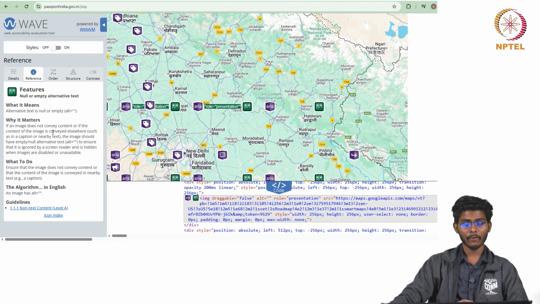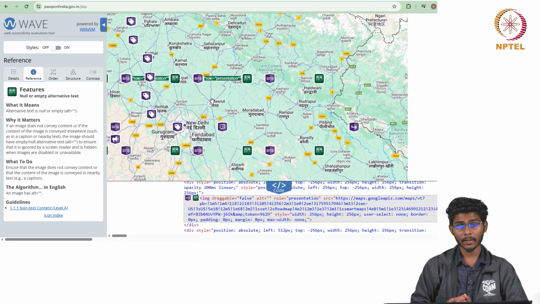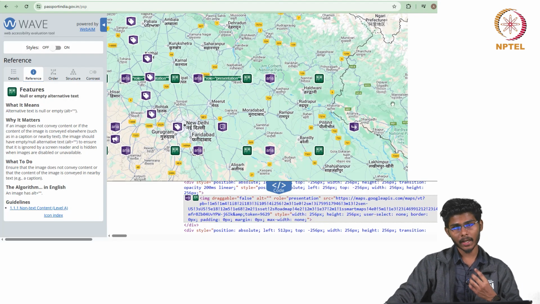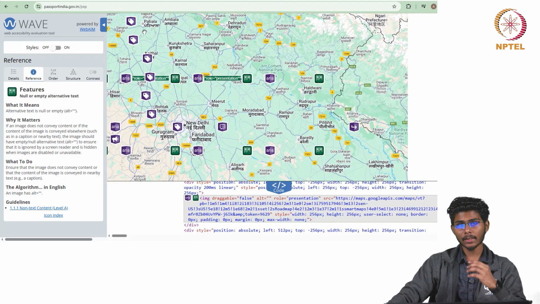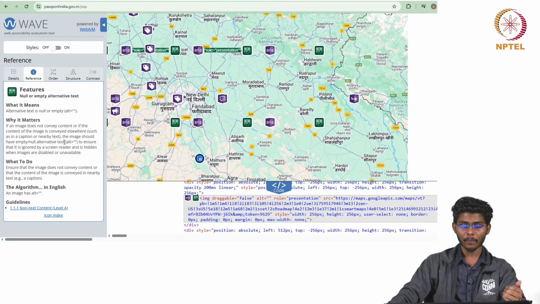If the image does not convey any content, for example here in the map section, while using any screen reader option, it doesn't necessarily mention each of the content in the map, right? Even if we use voice guide, there will be an error.